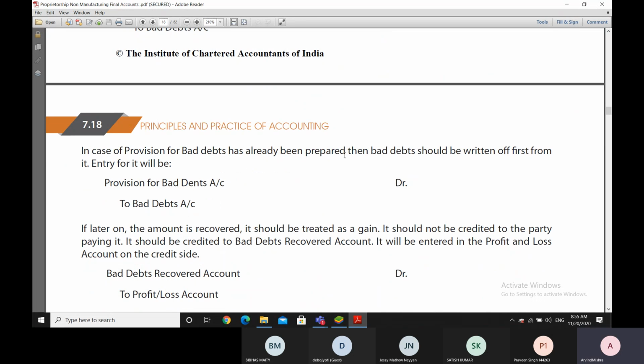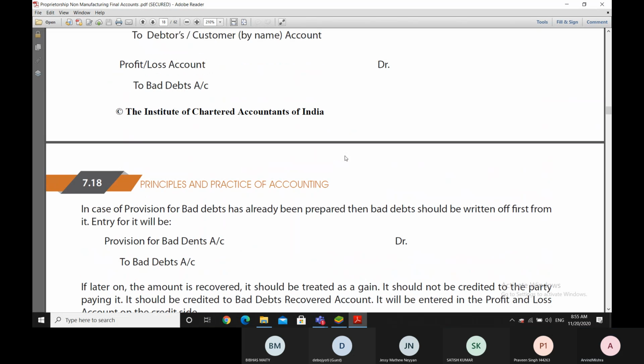In case a provision has already been prepared for the bad debts, then what we need to do is write off the bad debts from this provision. We don't need to write off these bad debts in the profit and loss account in that case,